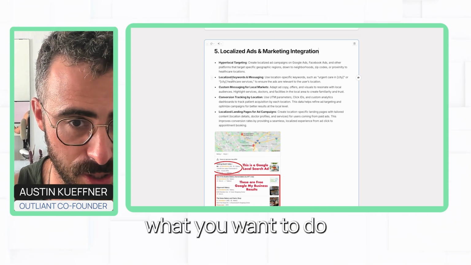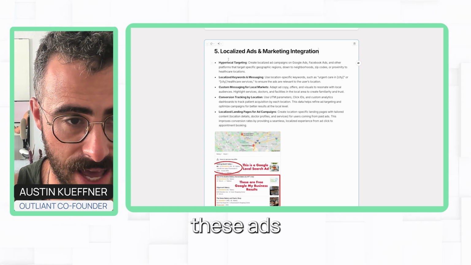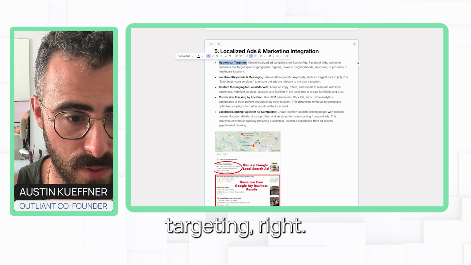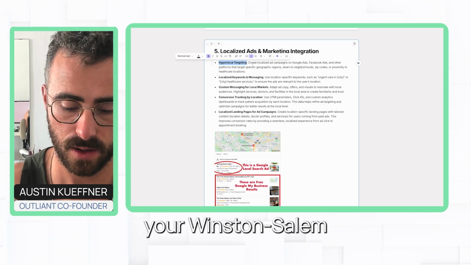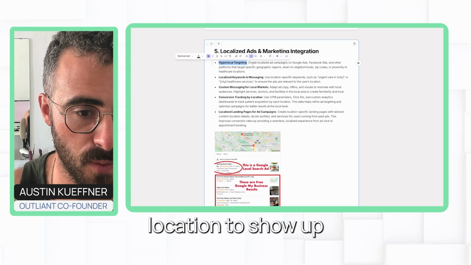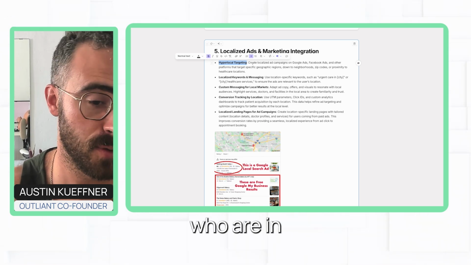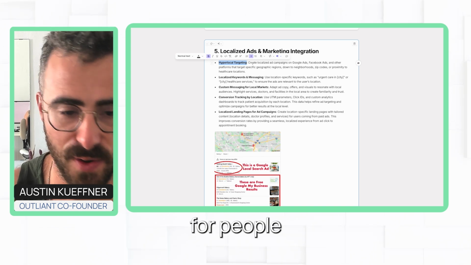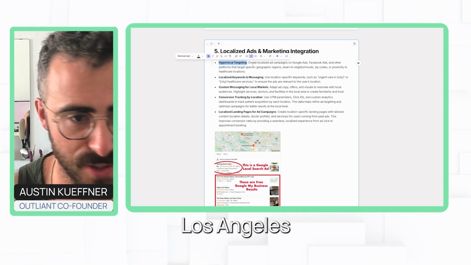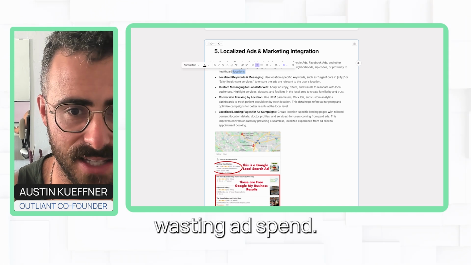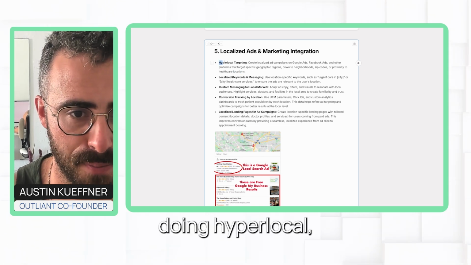But essentially what you want to do when you do these ads is make sure that you're doing hyperlocal targeting, right? You only want your Winston-Salem location to show up for people who are in Winston-Salem, right? You don't want your Winston-Salem location ad to show up for people who are in Los Angeles or anything like that. That would be a bad ad and that would be wasting ad spend. So you just want to make sure that you're doing hyperlocal,